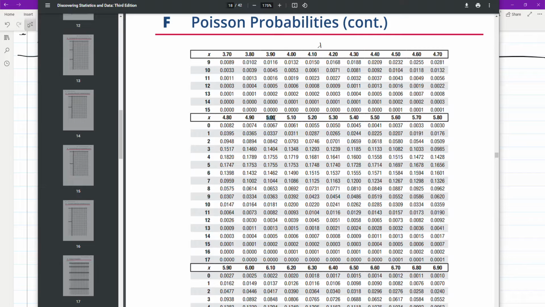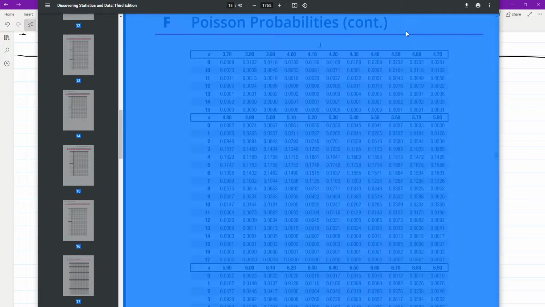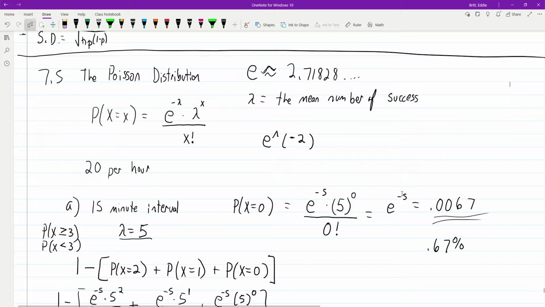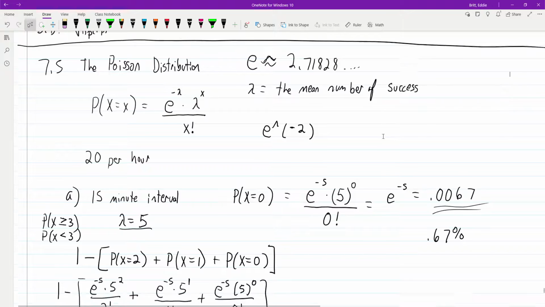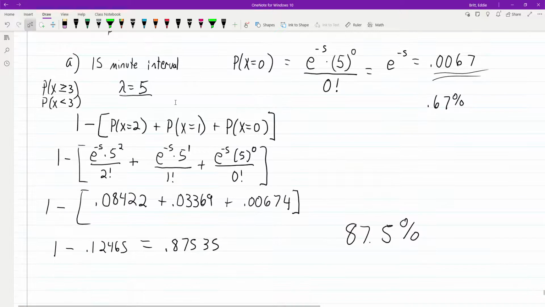So if the average is 5.0 and the x in our problem was 0, it was the probability that no one used that ATM. We got 0.0067 whenever we rounded that to 4 places in the calculator. Alright, well, 0.0067, that's it. Alright, so then the second problem we worked was what's the probability that in a 15-minute interval